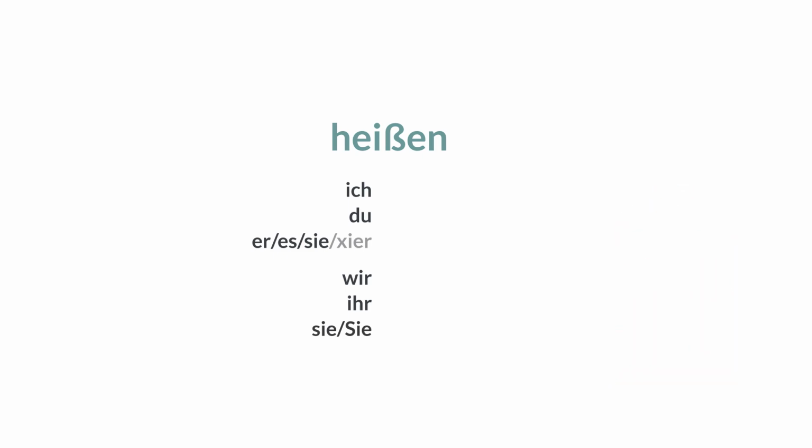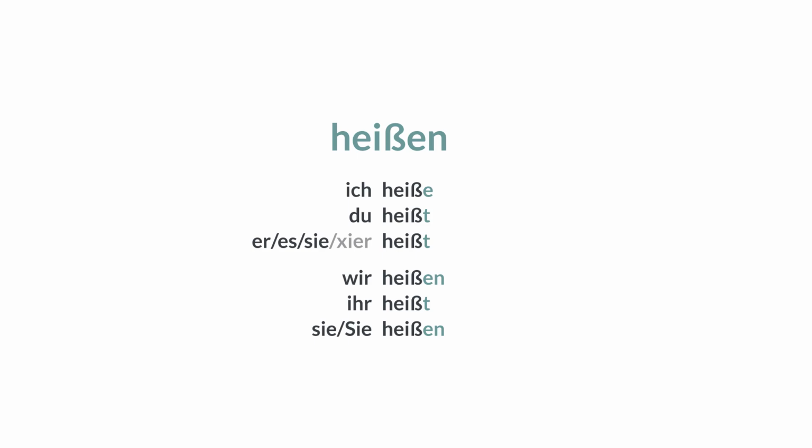All right, let's look at heißen, which is the verb whose forms we heard on the playground. Ich heiße, du heißt. Er, es, sie, xir heißt. Wir heißen. Ihr heißt. Sie heißen. As you heard and can now see here, German verbs are conjugated, which means they change their ending according to the personal pronoun. This happens in many languages, and in a limited way also in English when we add an S for she, he, it. The endings are mostly regular with a few tiny exceptions that we will address later.